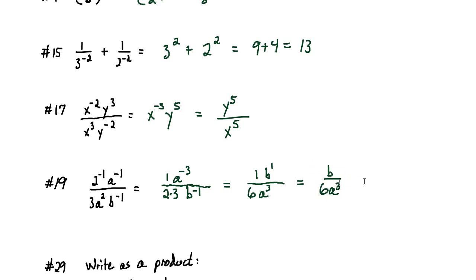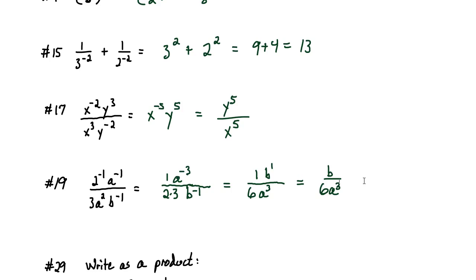I'm using the negative exponents to create movement between the numerator and denominator of a fraction. If something is in the top and it has a negative exponent, it moves into the bottom and now has a positive exponent. If something was in the bottom with a negative exponent, it moves into the top and now